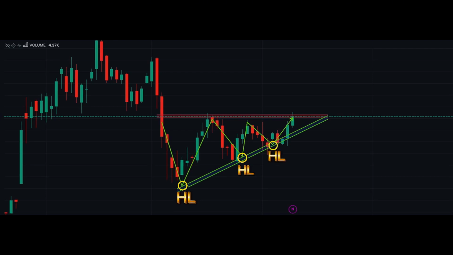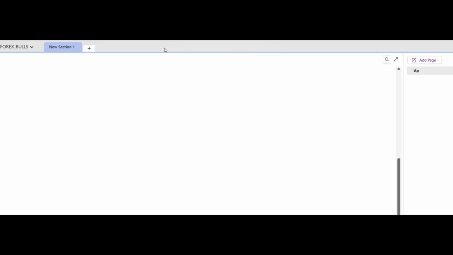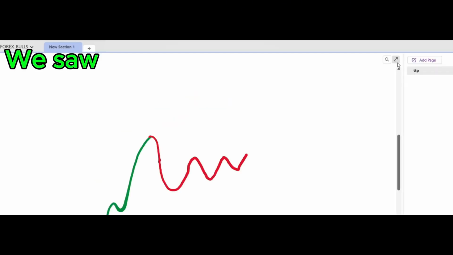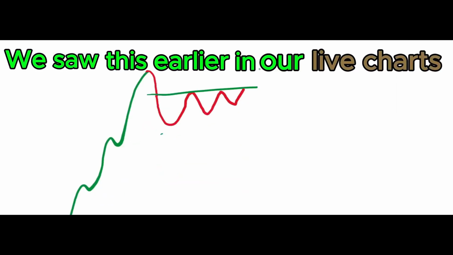Let's go to my notebook. I think I have to draw for you. Now I will draw what we saw in our chart. Firstly, we saw that our market was so bullish, our market behaved so positively in the previous time, and after that there is some profit booking and some sellers are active, and after that this kind of pattern is formed. This is the ascending triangle pattern. This is the resistance of the ascending triangle pattern.